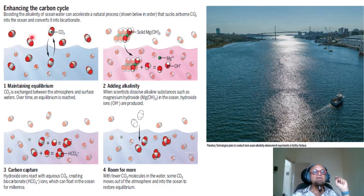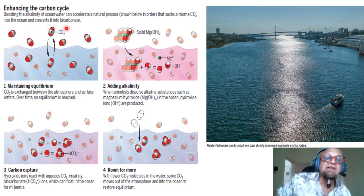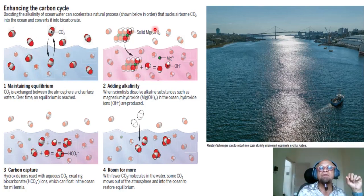Enhancing the carbon cycle: boosting the alkalinity of ocean water can accelerate a natural process, shown below, that sucks airborne CO2 into the ocean and converts it into bicarbonate. So CO2 dissolves into the ocean. Maintaining the equilibrium is required. CO2 is exchanged between the atmosphere and the surface waters. Over time, an equilibrium can be reached, but it can dissolve much more because the ocean keeps moving